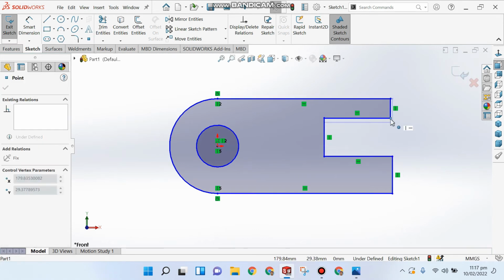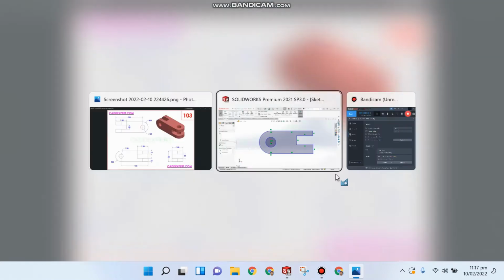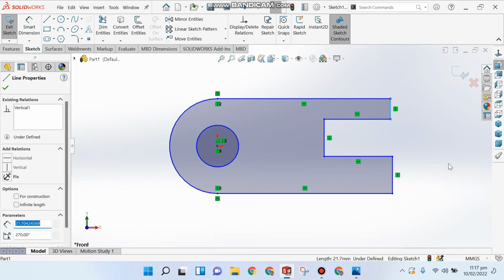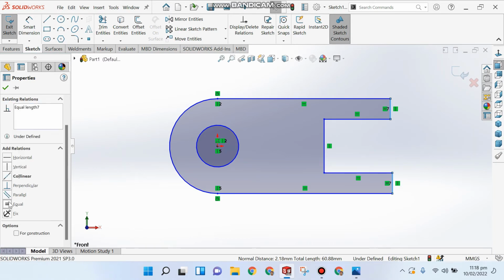so these two are equal here, 15-15. So I'm going to add a relation. Whenever you add a relation, press first entity and then hold control key from your keyboard and then select second entity, release the control key. So I'm going to make them equal and collinear. Okay,